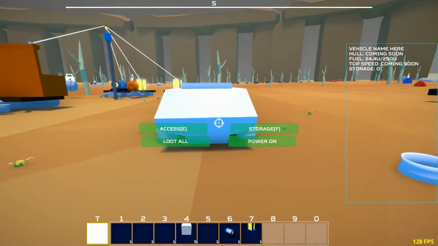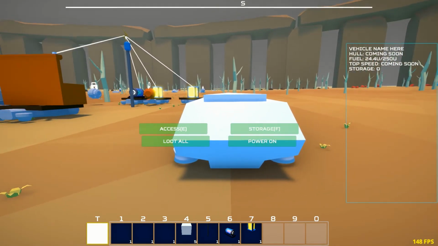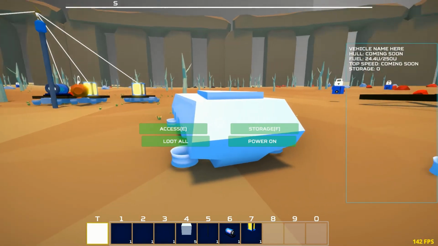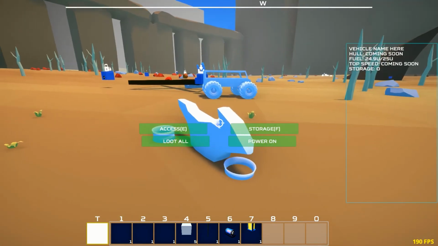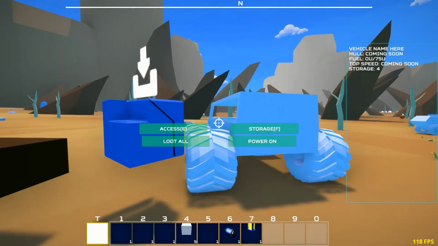When you hover over any item, on the right will be a stats menu giving you critical information about that item. Here we can see the fuel and the top speed. So from a distance you'll be able to tell things about items. This drone, if I hover over that,